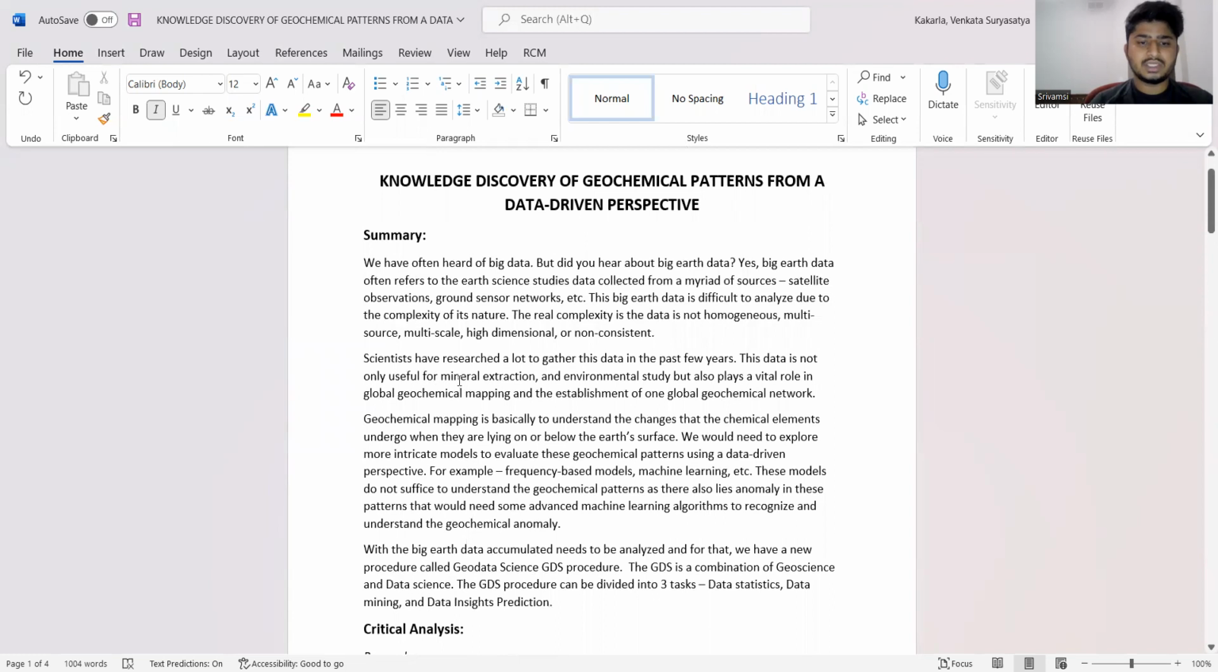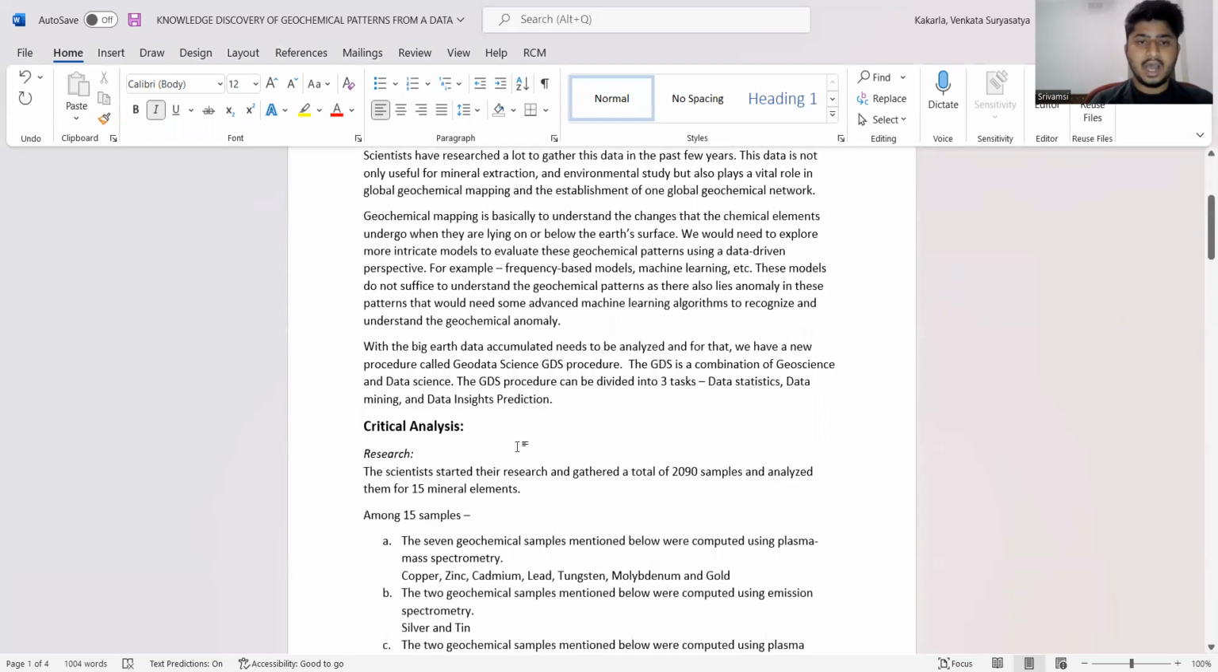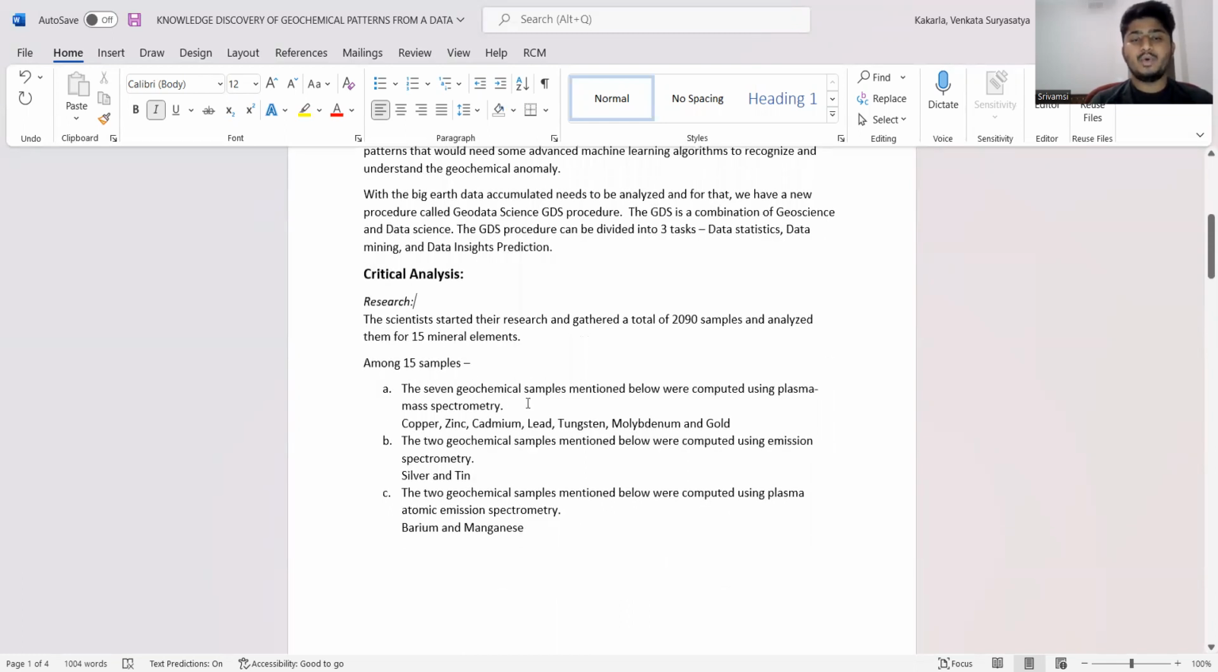After going through the summary, I have done the critical analysis. Coming to the research, the scientists started their research and gathered a total of 2090 samples and analyzed them for 15 mineral elements. Among those 15 mineral elements, 7 were computed using plasma mass spectrometry,